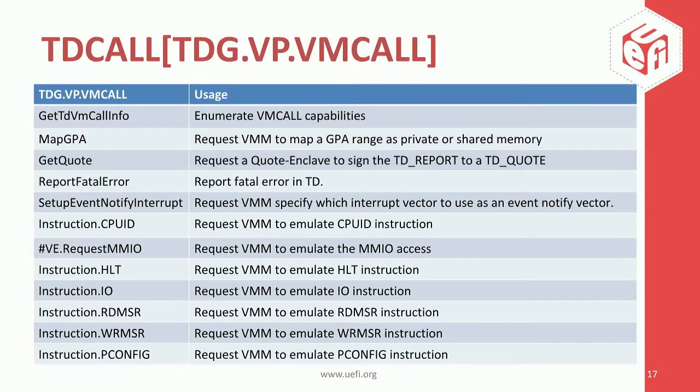TDCALL. TDVMCALL is introduced to let the TD invoke the VMM services. The first one is the TDVMCALL info. This is to enumerate all the VMCALL capabilities. The second one, map GPA, is to request the VMM to map a guest physical address to a private page or a shared page. The next, get quote, is to request a quoting enclave to sign a TD report to a TD